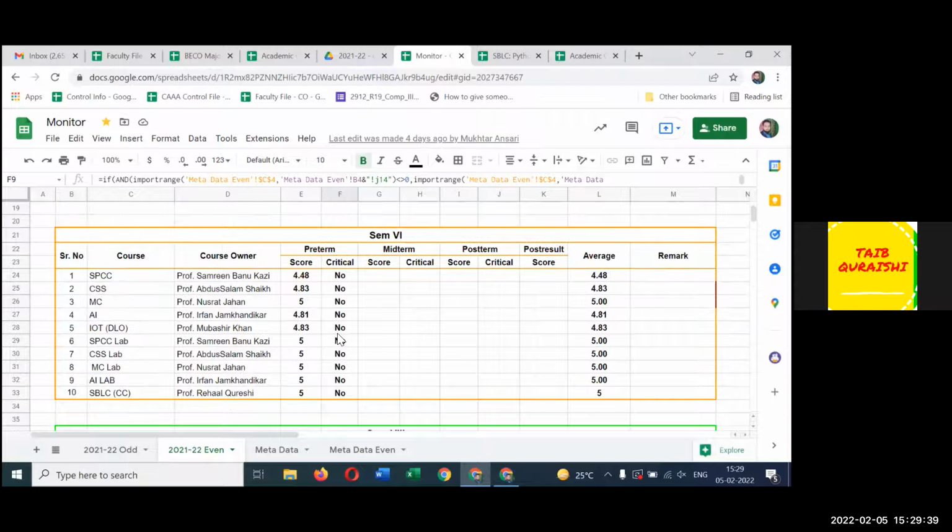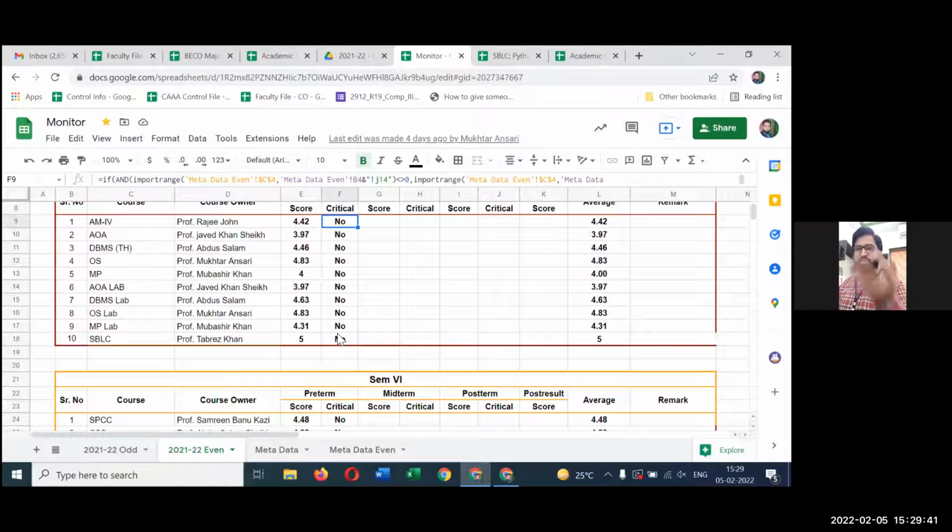Now this data we are pulling, we are pulling from the academic audit files, from the academic audit sheets. The academic audit sheet on which scoring is given, from there we pull the data here. So these are the monitors from where we come to know how things are going on, and everything is done in real time. As data is filled there, it gets pulled and comes here.